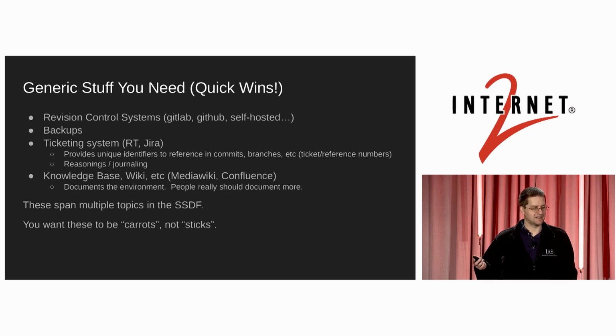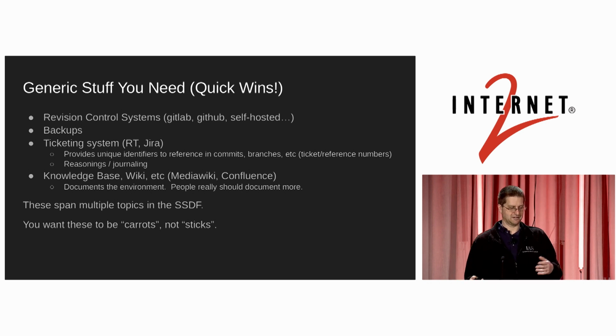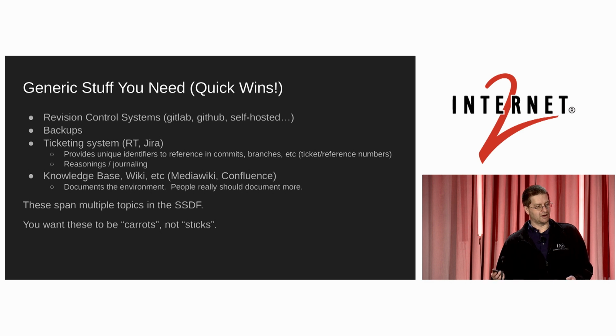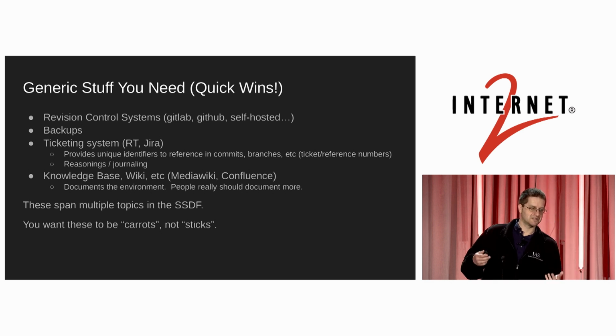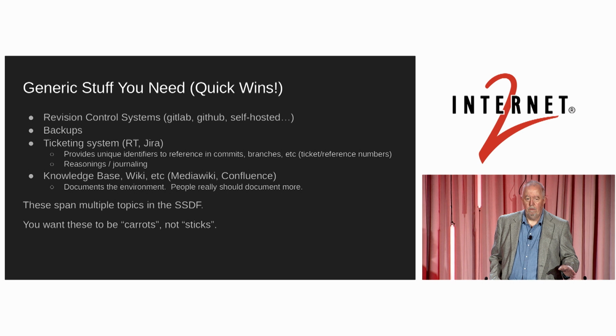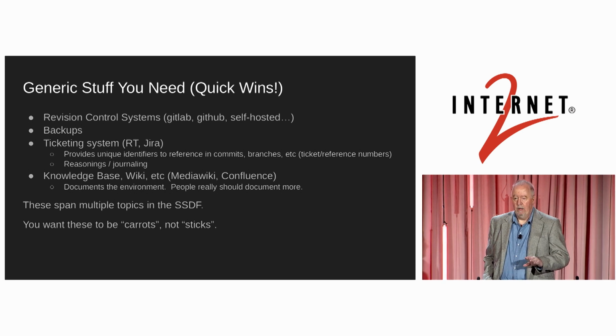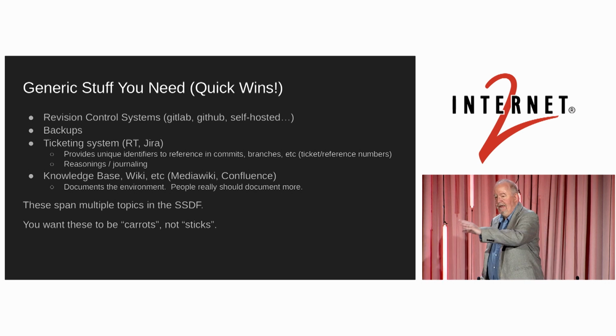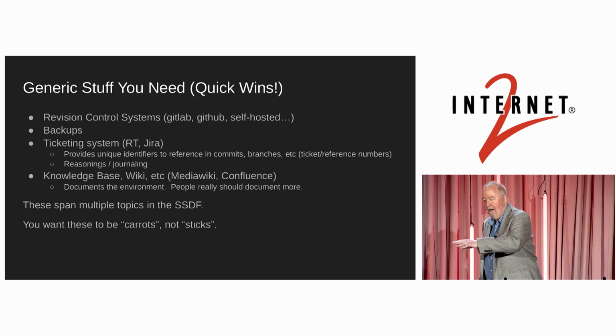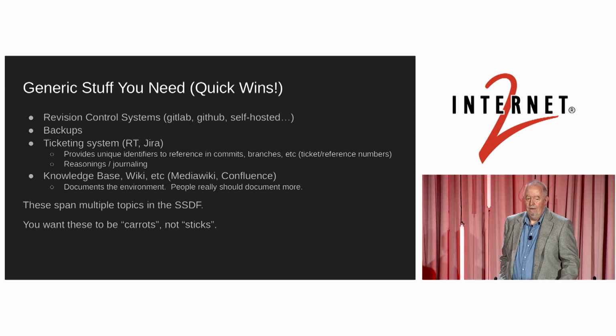Ticketing systems, something that generates a unique identifier for you to reference in commits and branches, so that this ticket fixes this specific thing and this commit implements it. And it also can explain why something happened, or it keeps a log of stuff. Has anybody ever had to deal with code that somebody else wrote that's not working now, and you're trying to figure out why? Never. Never. Can you see how maybe doing the stuff there might have helped a little bit? Yeah.